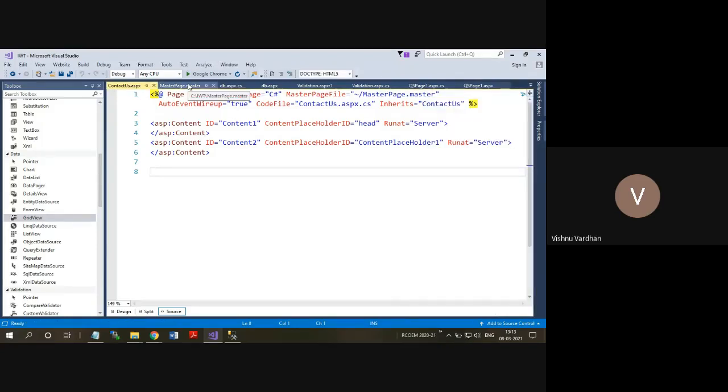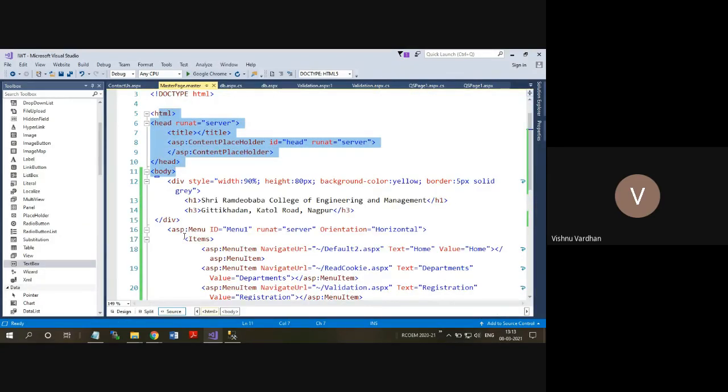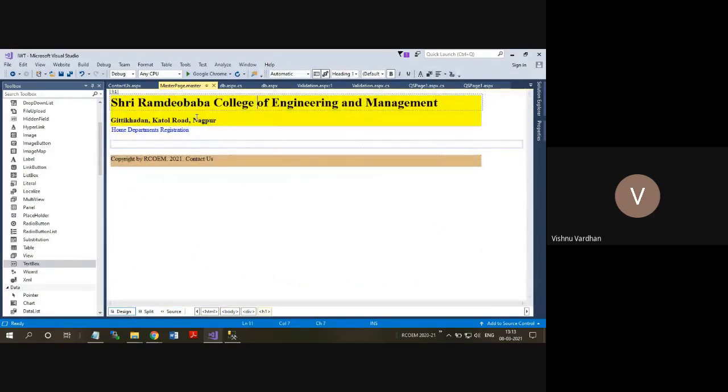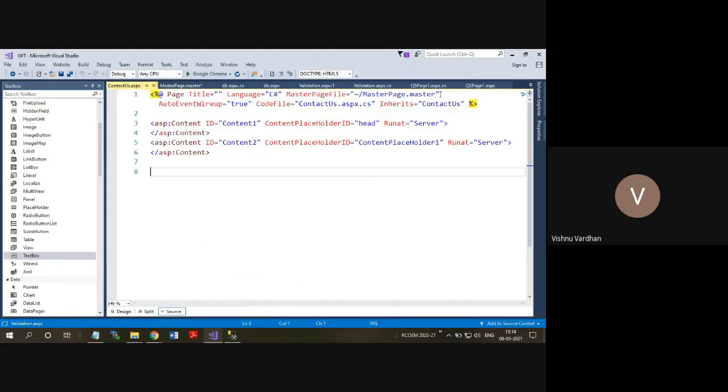After some 6 months of production or development, you want to change something, by adding something here. This will be applicable to all the 500 pages, even though we are doing a small change, and that change will be given in a single file. It will be incorporated into all the 500 pages which have the master page.